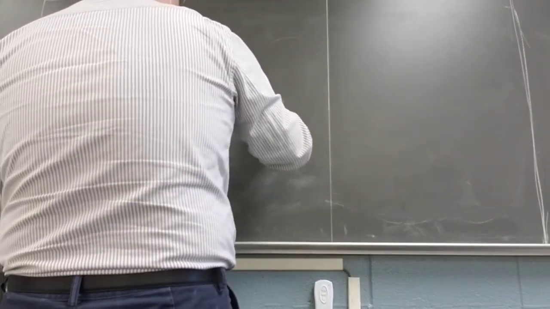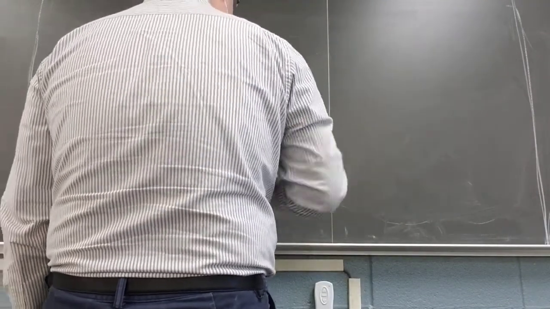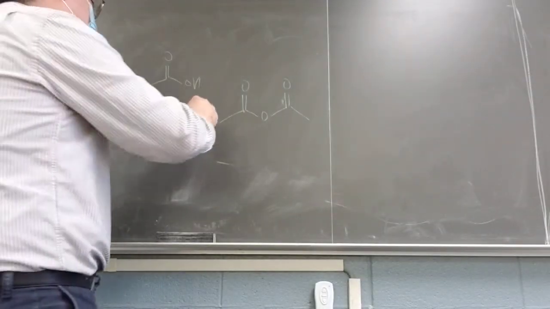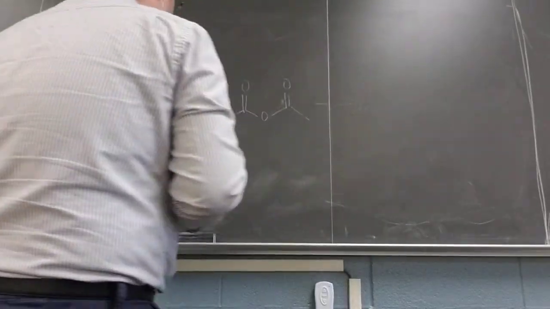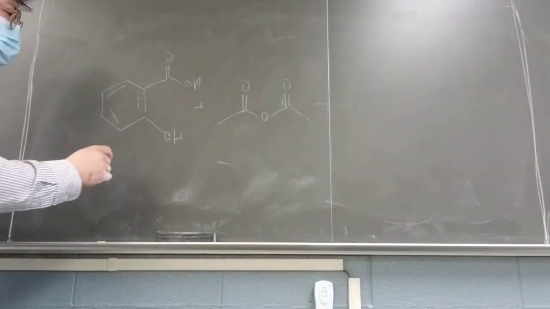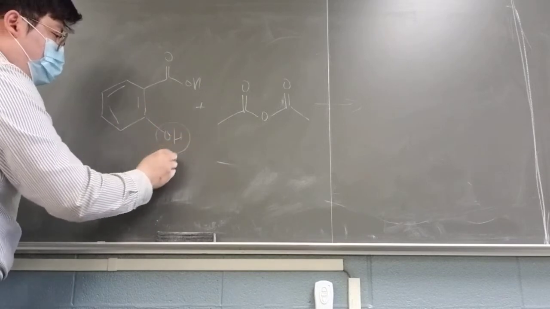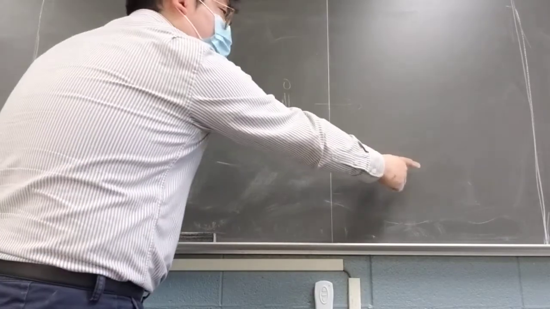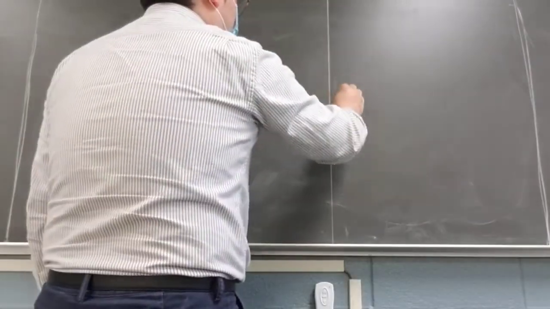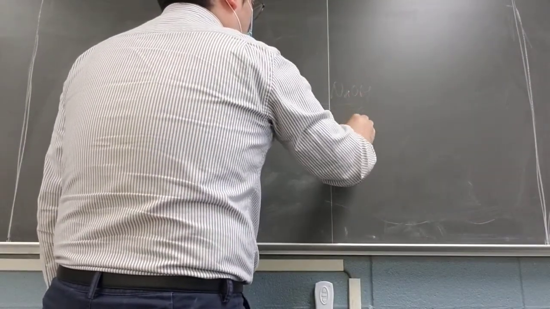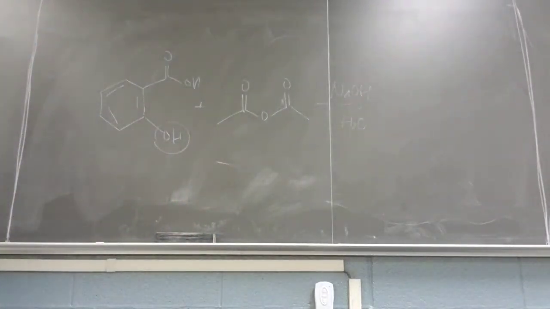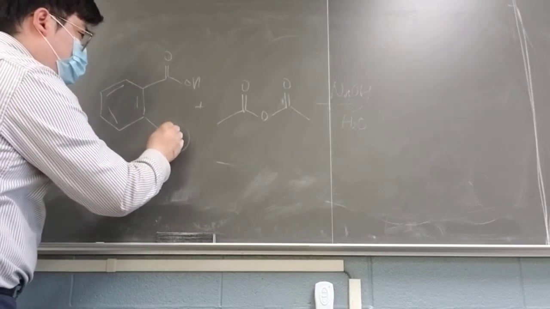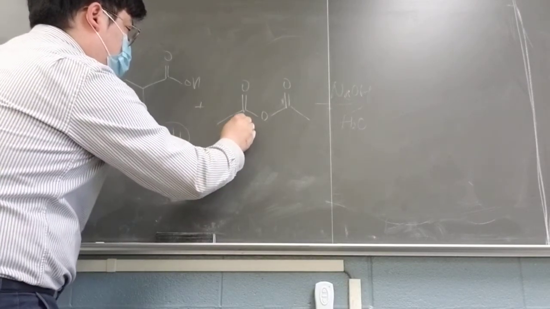Okay, so you can use some anhydride compounds to make more complicated compounds. In this case, you see this hydroxy group here. This is salicylic acid, so we're going to make aspirin from this one. If you treat it with sodium hydroxide and water, which is basic conditions, this will be deprotonated. That means this is an alternative to attack that one